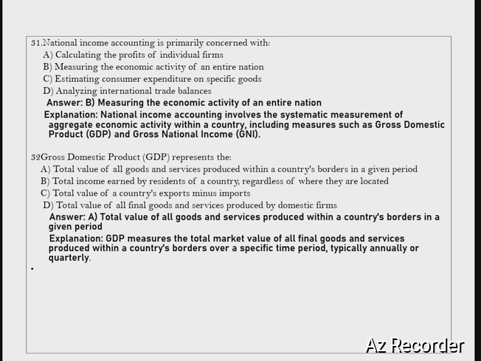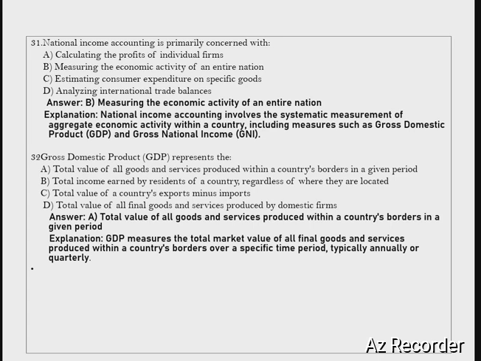Its explanation is, national income accounting involves the systematic measurement of aggregate economic activity within a country, including measures such as GDP and GNI. Next question is, gross domestic product represents the